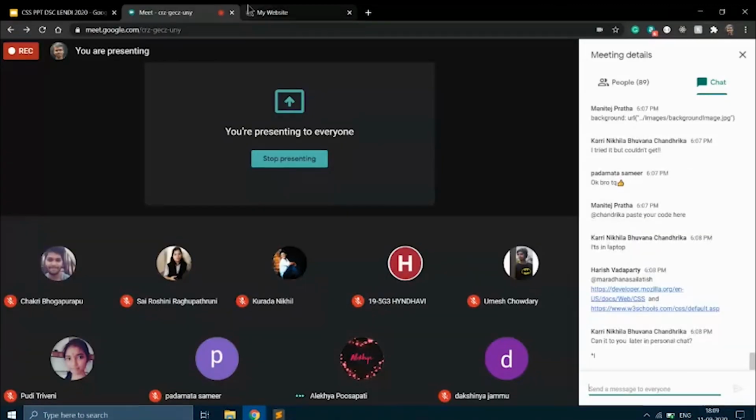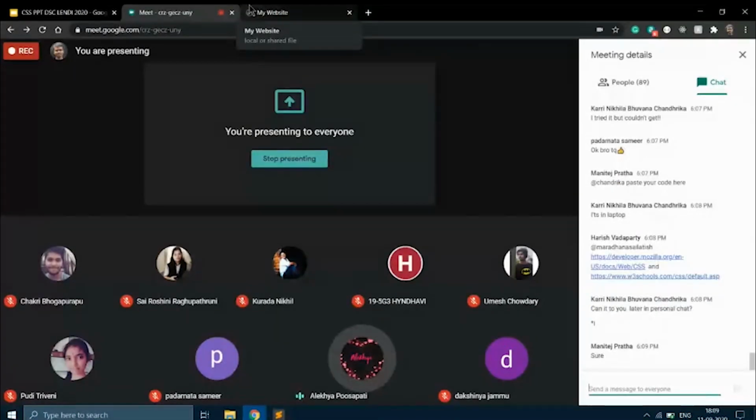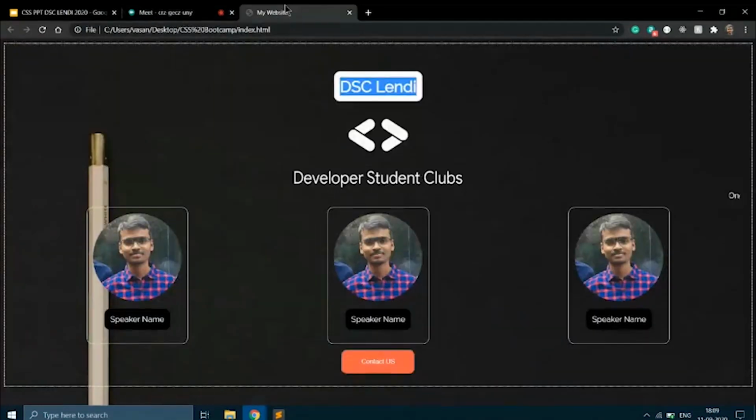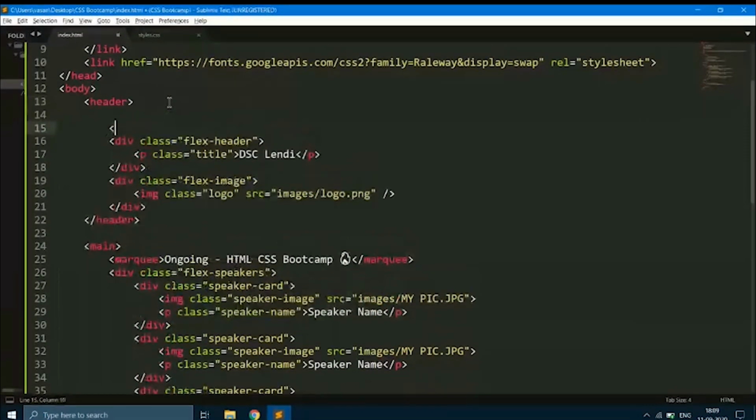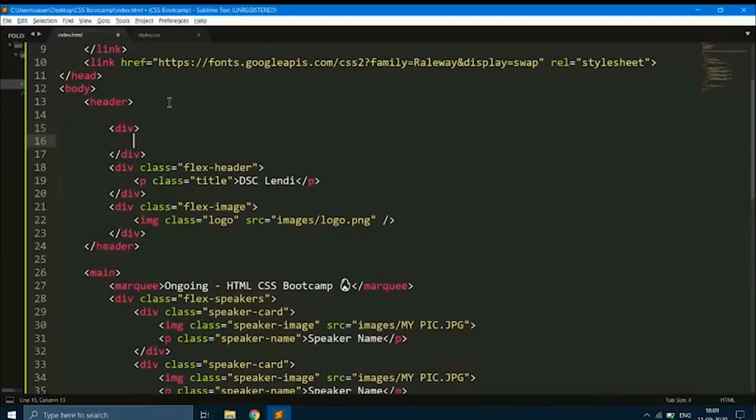Yes. Can we write text on the image, like background images? Yes, you can write the same concept which you have done here. What we have done, we have given the image to the background of body tag. So let's say you have taken a tag called div, and you have written some text here.